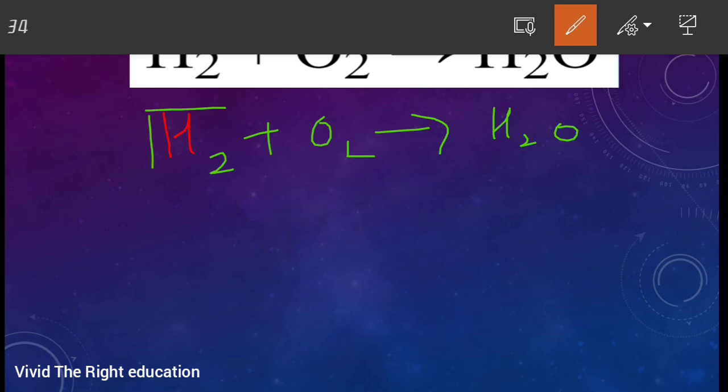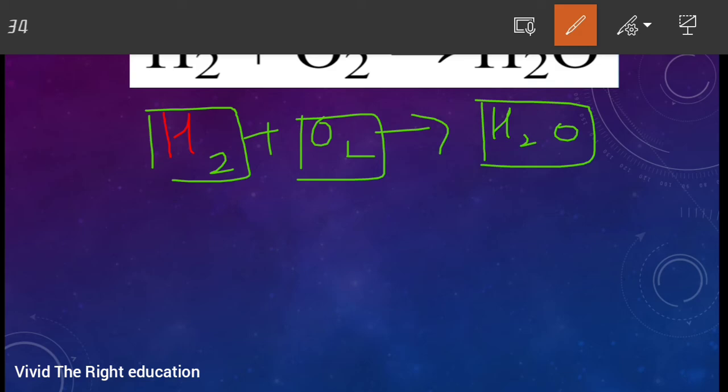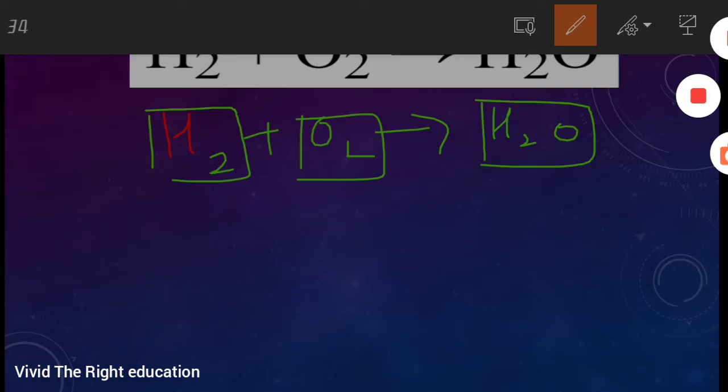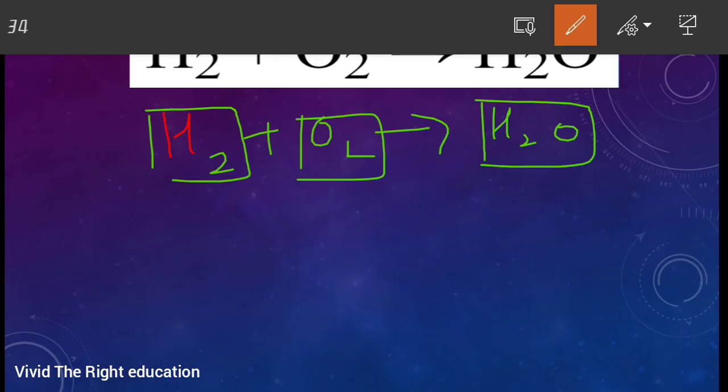So now the thing is, I need to balance that. Let's see how I'm going to balance that. Okay, so H2 plus O2, which gives H2O. Before balancing the equation, please put some boxes here. Not numbers, some boxes. So put the boxes, because whatever numbers you are entering now should be written outside the box, not inside the box. Please keep this in your mind.